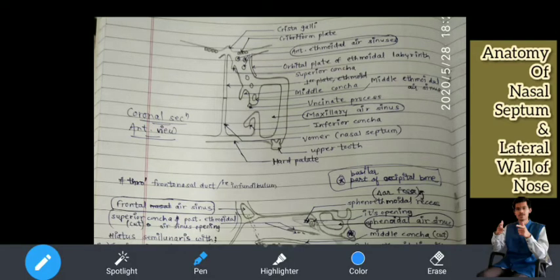Where is my pointer? Yeah. I was just now telling you about paranasal air sinuses. Here you have taken a coronal section, and this is the anterior view. It means someone is facing you and standing, and you cut the person along the coronal suture. What you are able to see are the two triangular nasal cavities separated by the